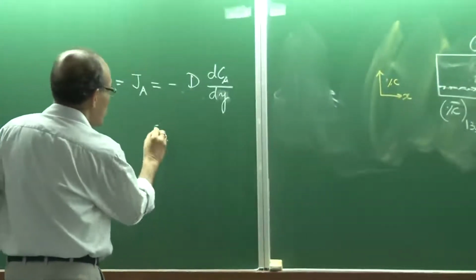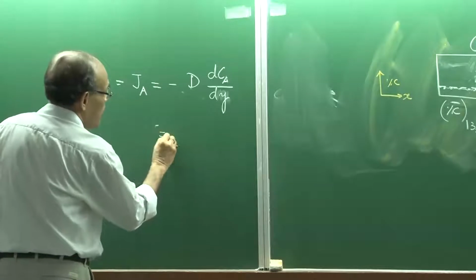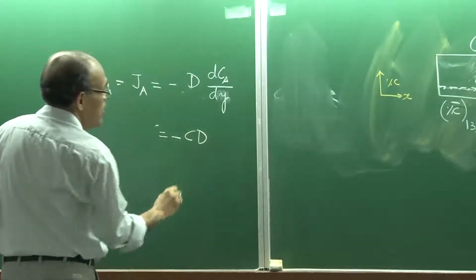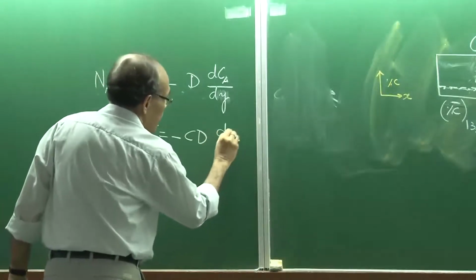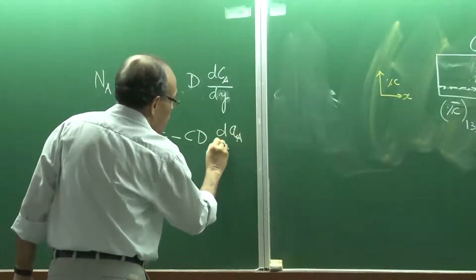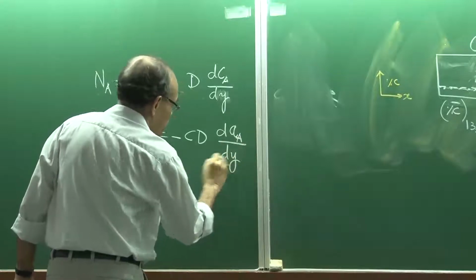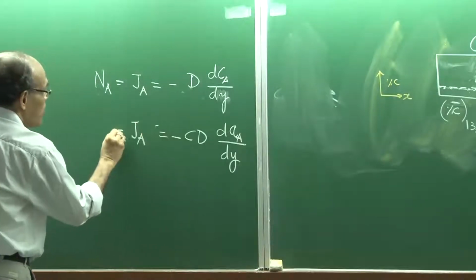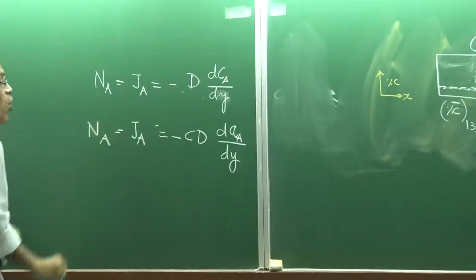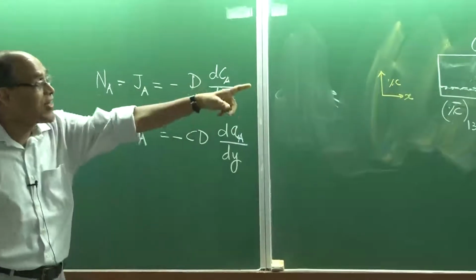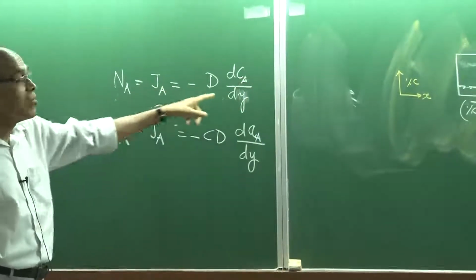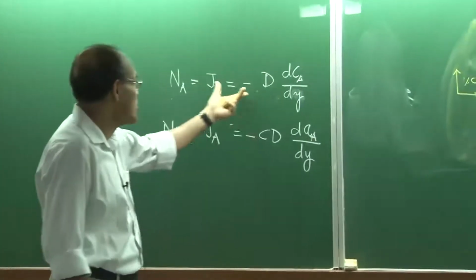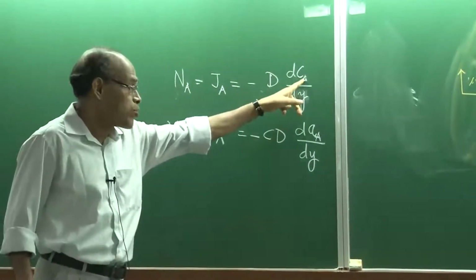So we can say that it is better for us to write the molar density, and then we can say the activity of A is dy. This is possibly a better expression for a multi-component system. We will not use the other one, because in a multi-component system, as I said, this kind of behavior we will not be able to predict or do calculations on the basis of the standard Fick's law expressed in terms of concentration as the dependent